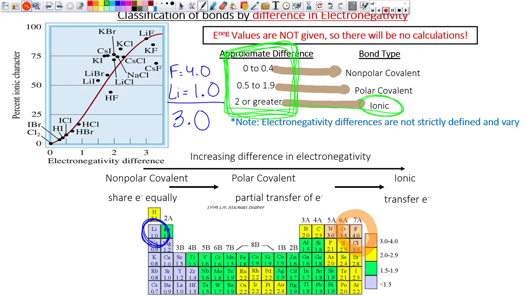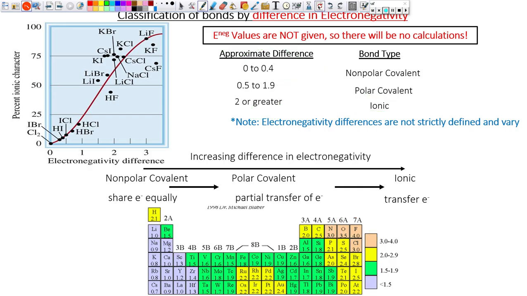Let's check it based on what we talked about the very first thing before we began. What side of the periodic table is lithium on, or what side of the stair-step line is lithium on? Left. So it's a metal, correct? What side is fluorine on? Right. So we have a metal and a non-metal. What type of bond is that? Is that exactly what we got here? Let's do one more example. Let's take chlorine.